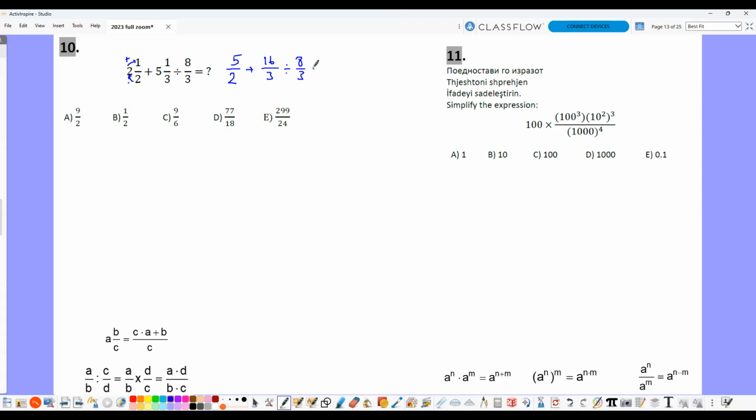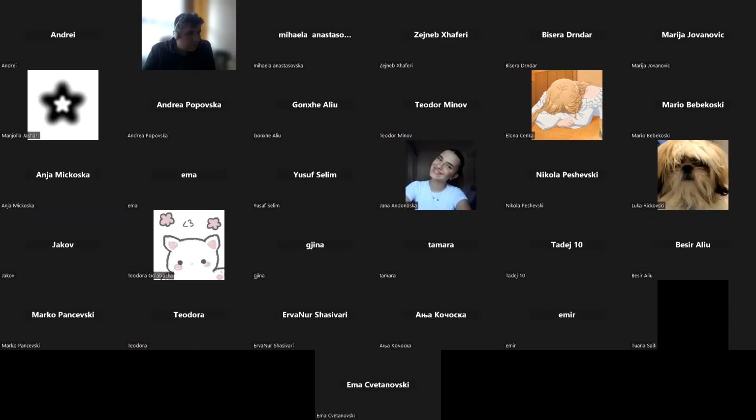So I'm going to continue with the addition and division here. We should first do the division operation from BEDMAS, but in fractions, how is the division? Let's remember that one. If you divide A over B,